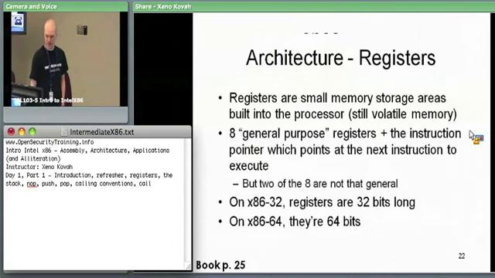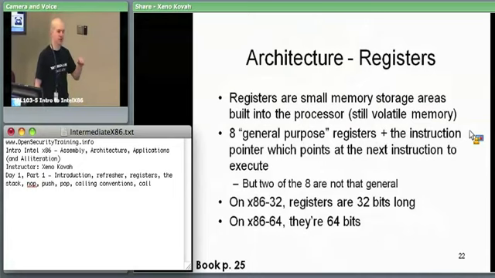All right. So digging more into registers, it's a small memory storage area built into the CPU proper, but it's still volatile memory, right? So if you power off the CPU, you're still going to lose the state of your registers. And on Intel, we have 8 general purpose registers plus the instruction pointer, which we will only be dealing with indirectly when you use call instructions. The instruction pointer always just points at the next instruction that we want to execute. And so we can't just move values in there directly, but we can call certain instructions